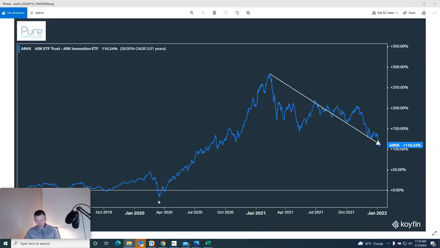So you can see, really starting in April of 2020, this is her flagship ARK fund. Investors just experienced a parabolic move higher. I mean, almost a 3x here, which is quite common in crypto, not common in traditional markets. So this caught a lot of attention and a lot of investors piled in on the way up. Okay. To my point, the riskiest corners of the market rise the fastest. They also fall the fastest.